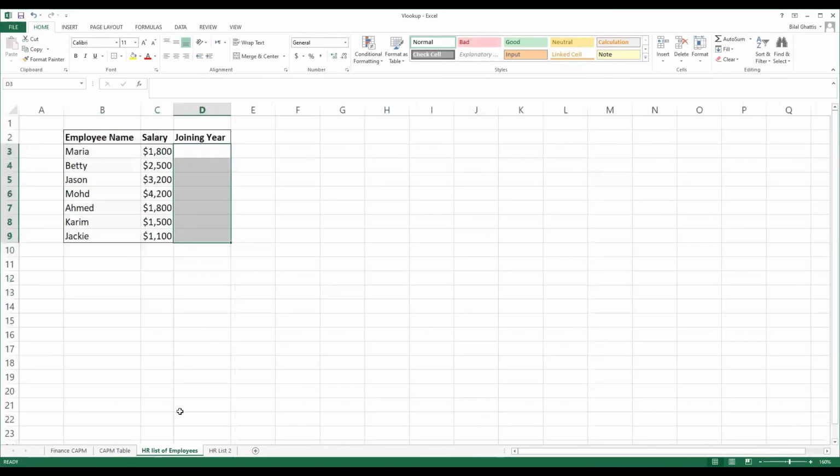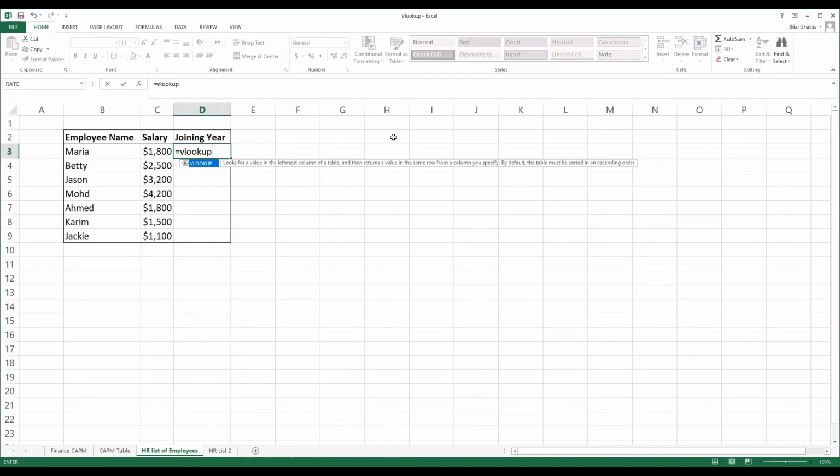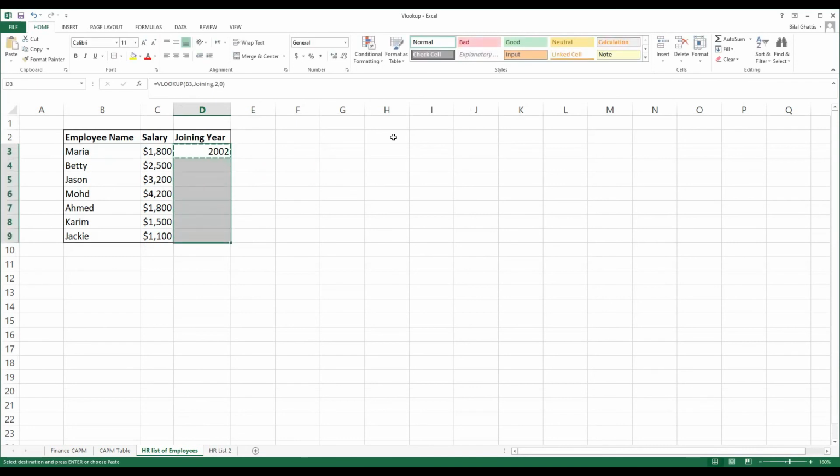If I go back to the HR list of employees and I want to set the joining year, it's a VLOOKUP. My hint is the name. The table array is joining. The column is 2, and I want an exact match, and there you go. Apply it all over, Alt-SF. And this is how powerful